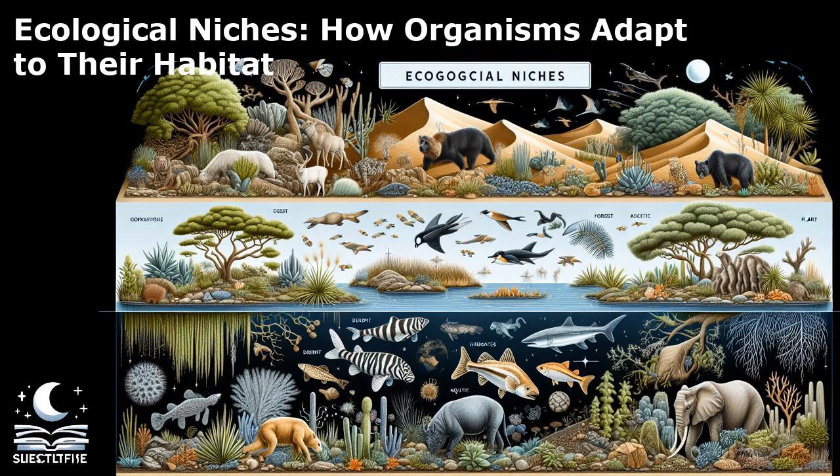Some species may be specialized to live in specific microhabitats within a larger ecosystem, such as tree-dwelling primates or burrowing rodents. Understanding these spatial preferences is crucial for conservation efforts to protect critical habitats. In terms of numbers, studies estimate that there are over 1.5 million known species that have been classified based on their ecological niches. This immense diversity showcases the range of adaptations and strategies that organisms have evolved to thrive in